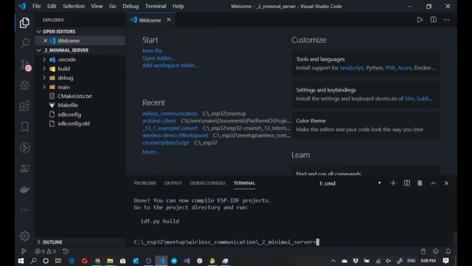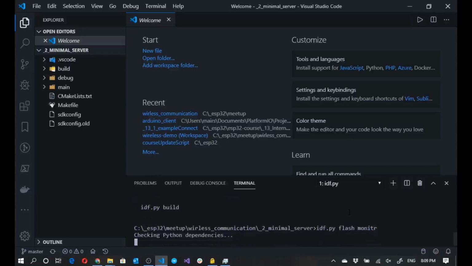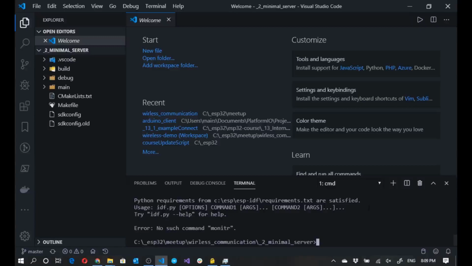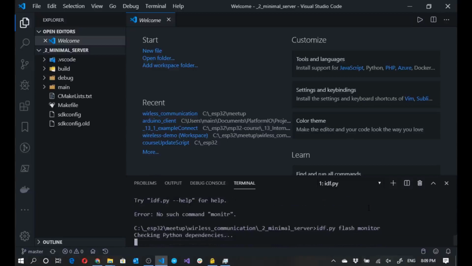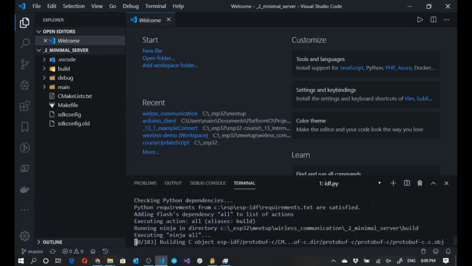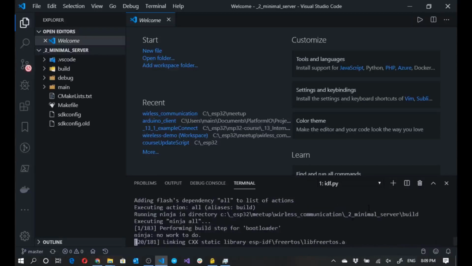All right, so let's have a look at this one. IF.py. All right. Flash. Let's see if this works. Monitor. I'll run this first, and then we'll basically... just spelled monitor. Okay, so that is almost finished compiling, so that's not going to take very long. Okay, so while that's busy, let's go ahead and have a look at the source. So CMakeLists.txt, right at the top, I've got that same example import that I had before. Okay, and then if I have a look at main.c,